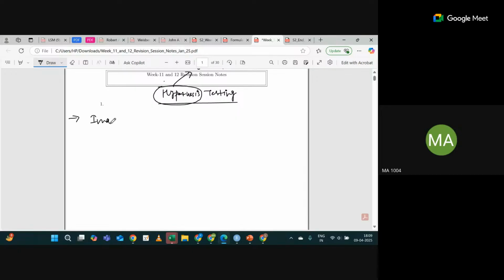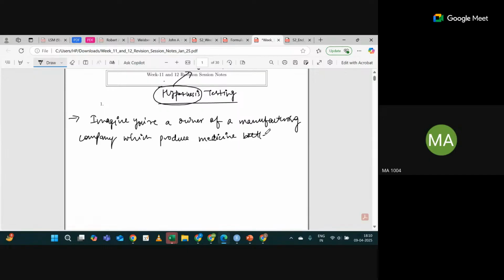So suppose, imagine, let's say you are the owner of a manufacturing company, which produces some, let's say, medicine bottles or something like that. So I'm saying your company claims that